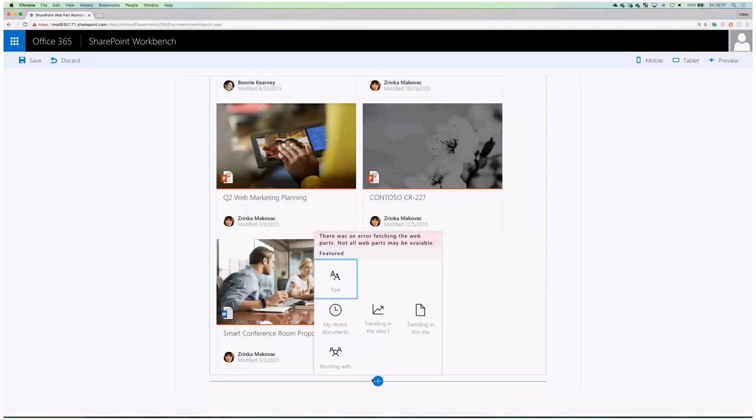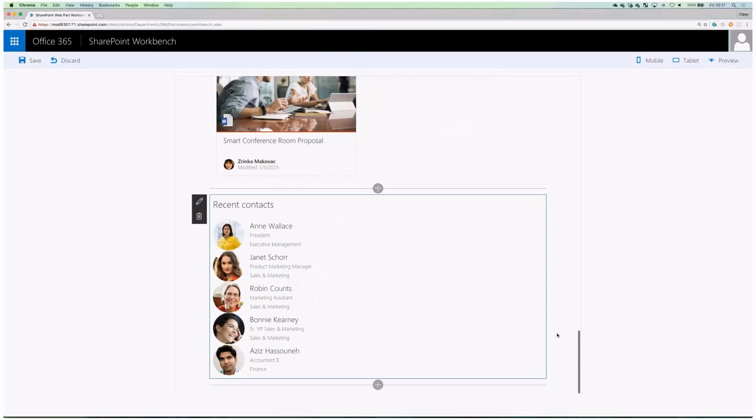And then the last web part that we have is the web part that shows you people you work with. And that's based on Skype, on email interaction, on basically everything that you do, and that's being tracked by the Office Graph, right? And that info is only visible to you. So if you would come to the site, you would see another group of people than, for example, me. Right, so that's based on a combination of what you do, who you are, and who you work with,